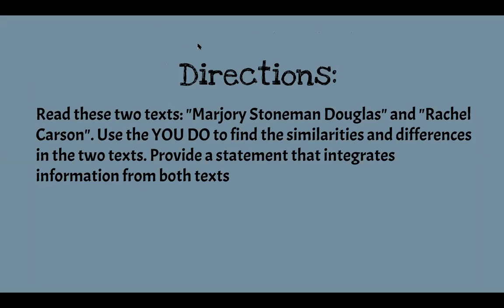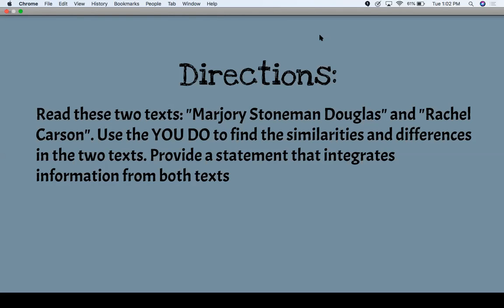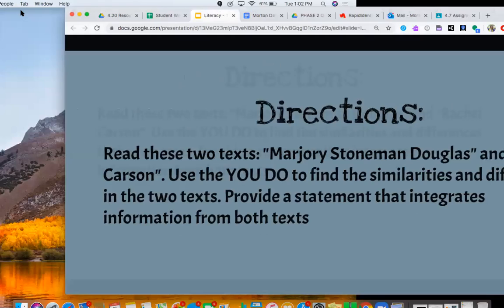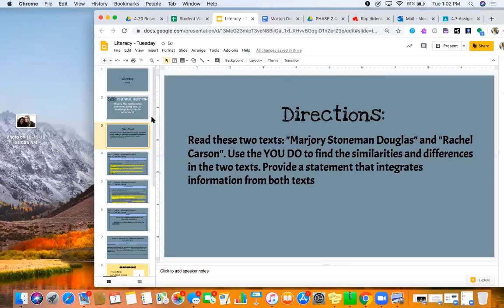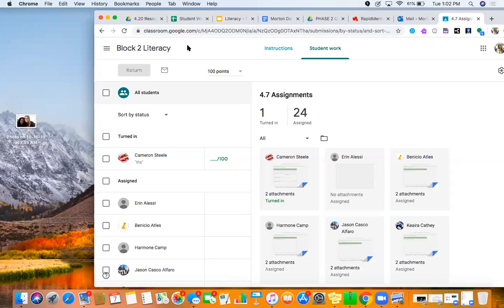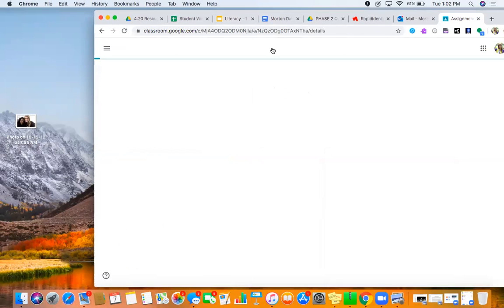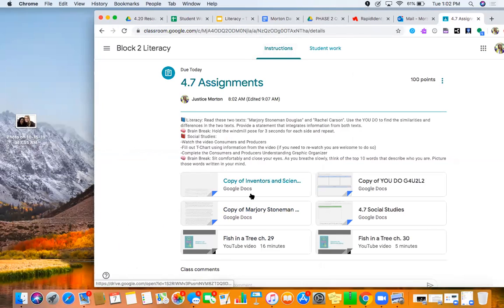All right, so we are going to be reading the 2 texts, Marjory Stoneman Douglas and Rachel Carson, and then use the UDO to find similarities and differences between the texts. Provide a statement that integrates information from both texts. As we read yesterday on your Google Classroom assignment, you have the 2 copies of the text, and then you have the copy of UDO G4 U2 L2.